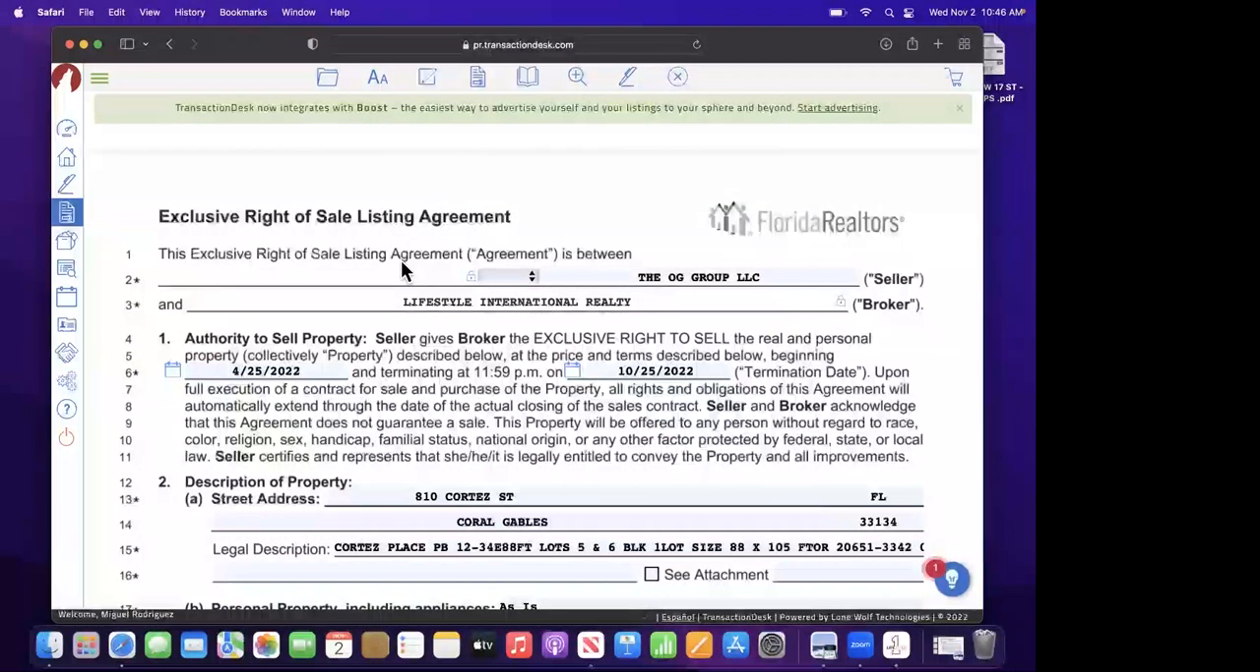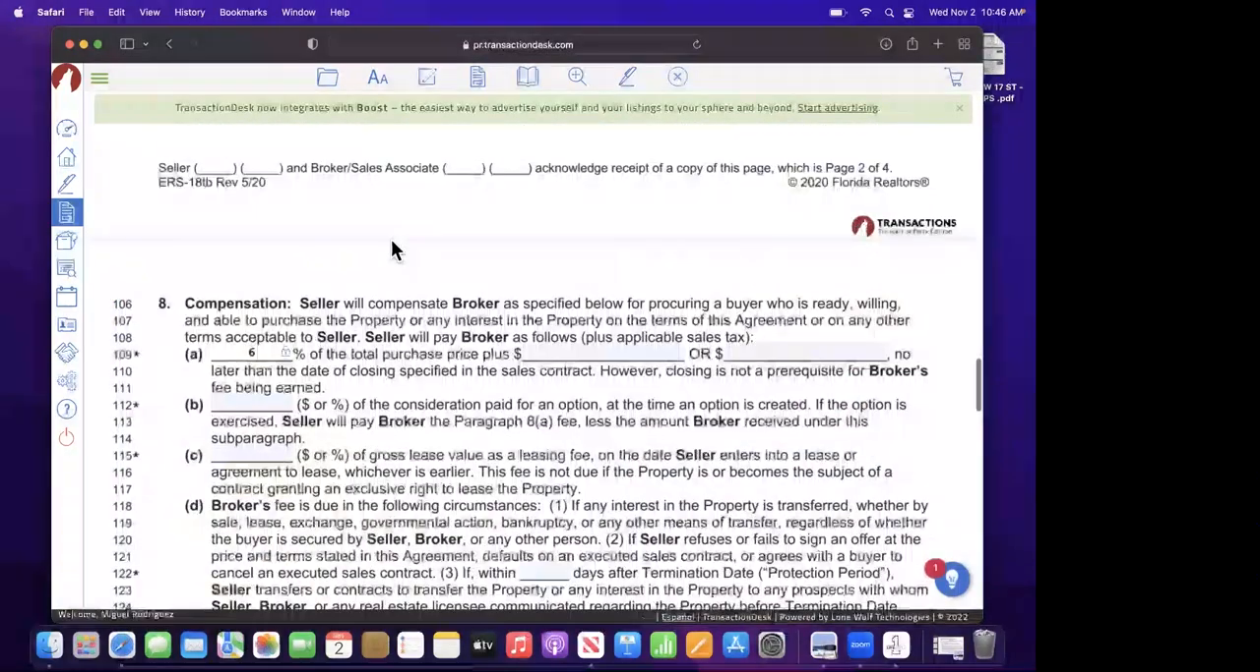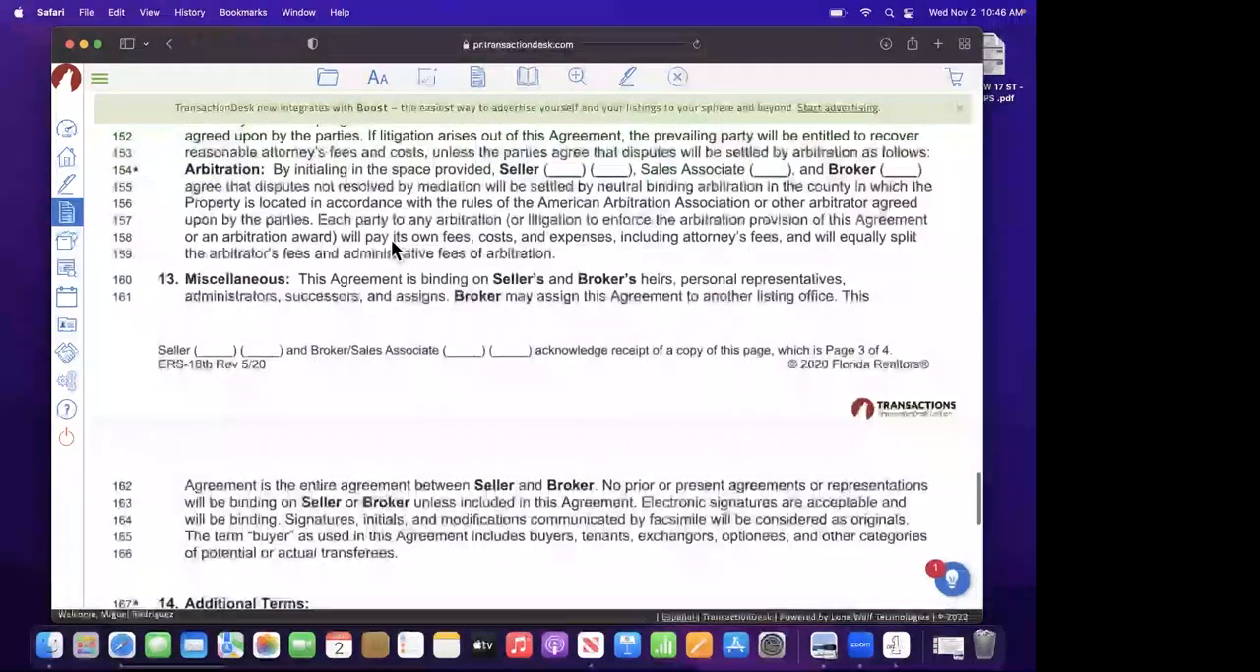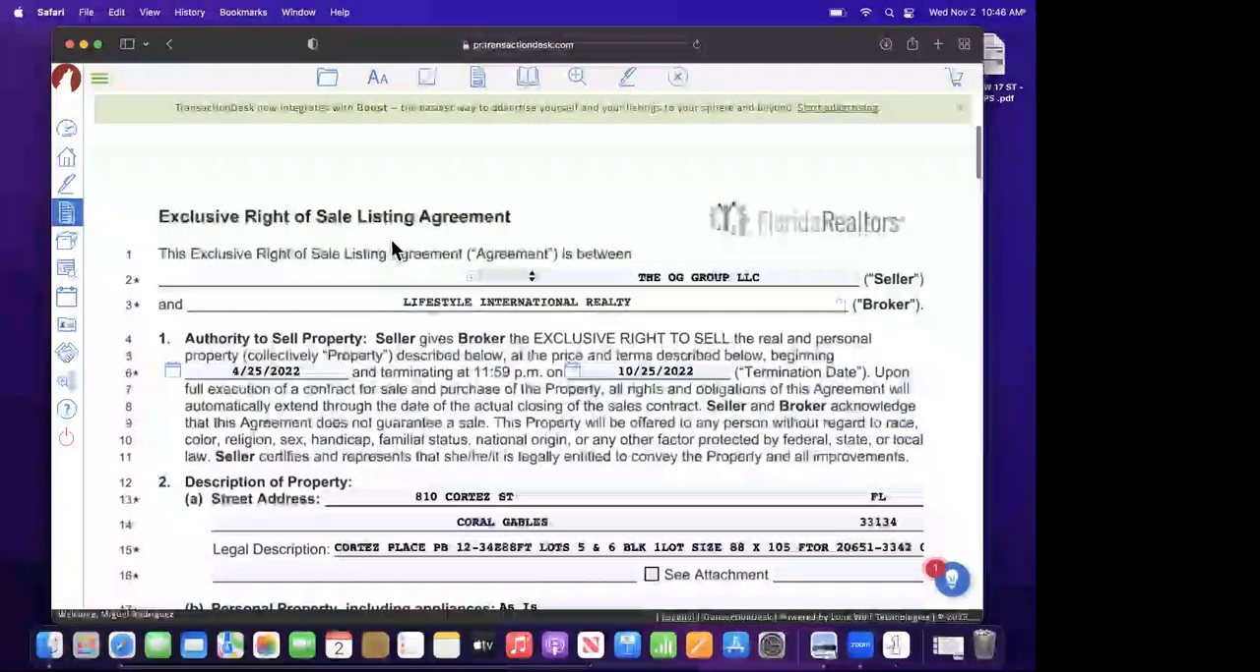So basically, in the listing agreement, it's a 4-page contract that you are filling out to properly list the property for sale on the MLS. So it's a standard form. We have it